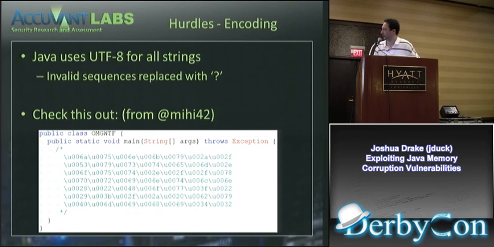This is something from Michael's, I think, does anybody know how to pronounce his name? Shirol or something? His handle's Mihi. He's the guy who wrote the Java interpreter for Metasploit 8 and a few other Java payloads. And awesome guy. Can't convince him to like security as work, though. So he made this awesome example.